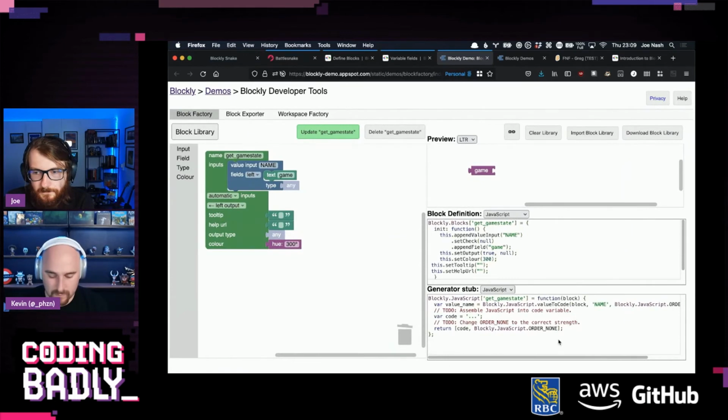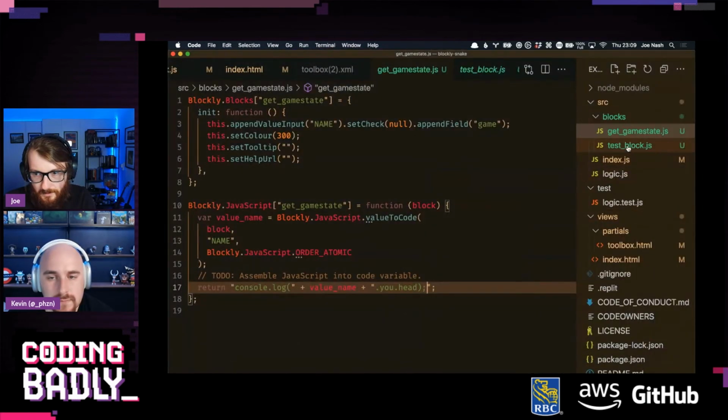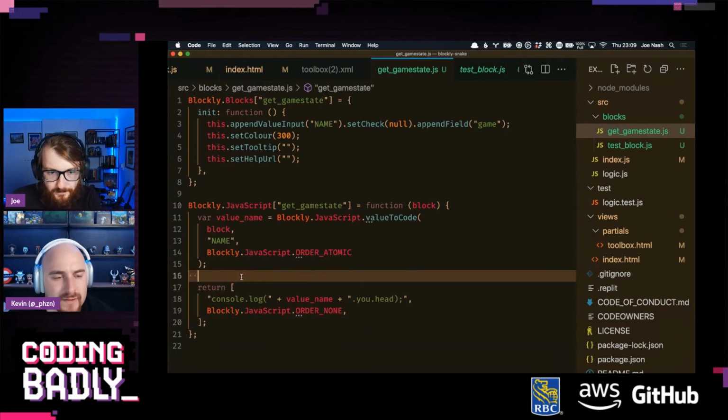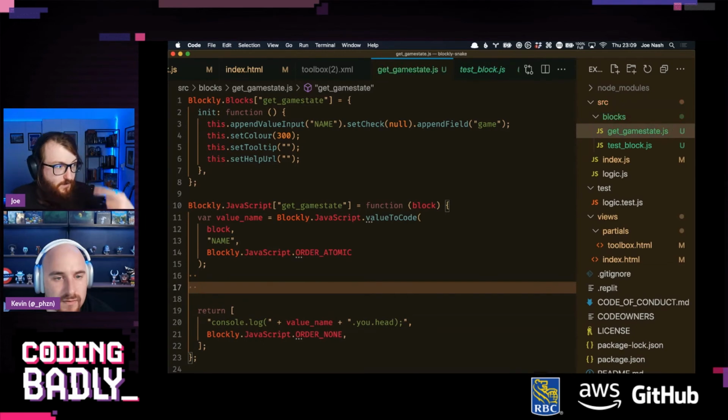Can I just copy this code from here? Yeah, I can. That's better than the exporting, isn't it? So the change this makes is we now return an array of our code and this. So return array of code and this. That's me converting it to have the output. So let me do this. Code equals, and we'll throw that in there.